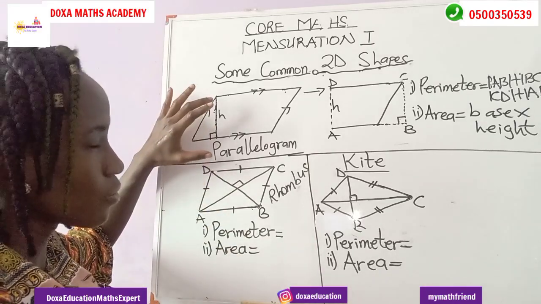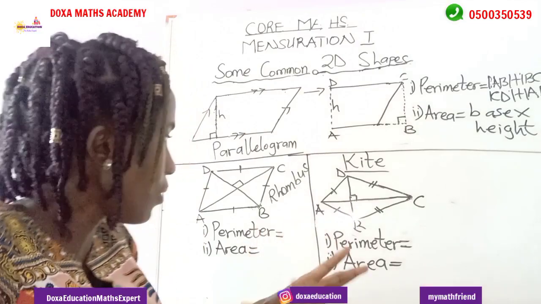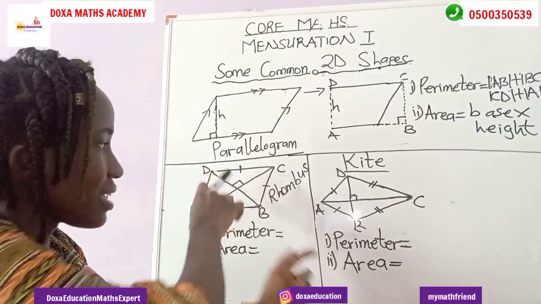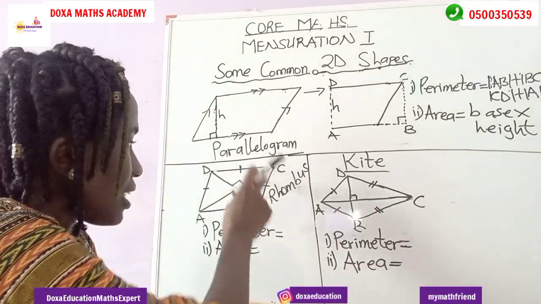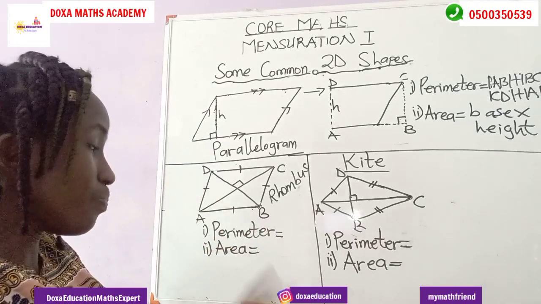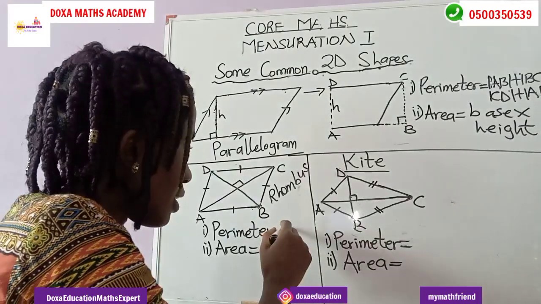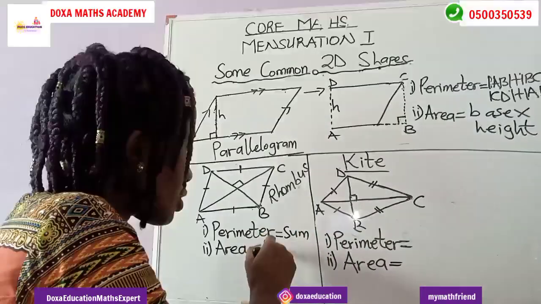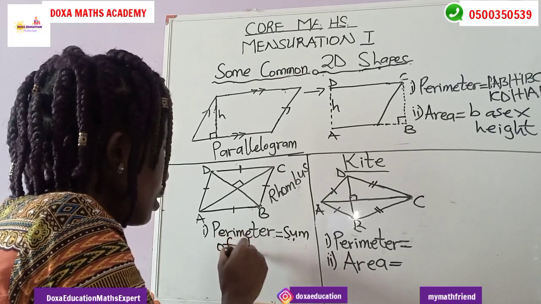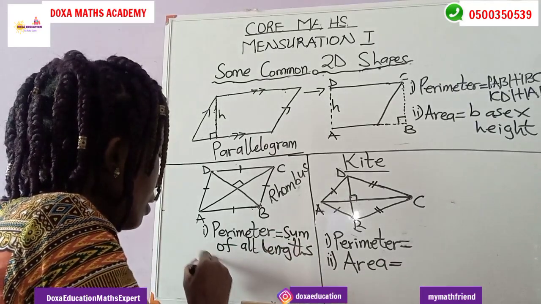So you see that while the parallelogram takes a section of the rectangle, the rhombus looks like the square, where all four sides are equal. Good. These are four-sided figures. So the perimeter, of course, is going to be the sum of all lengths. Then the